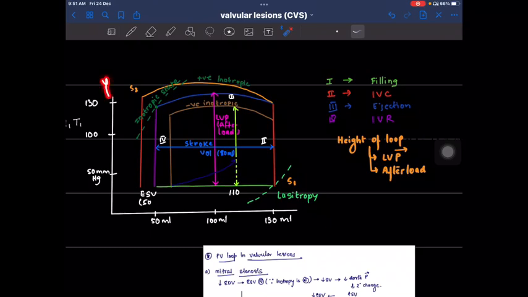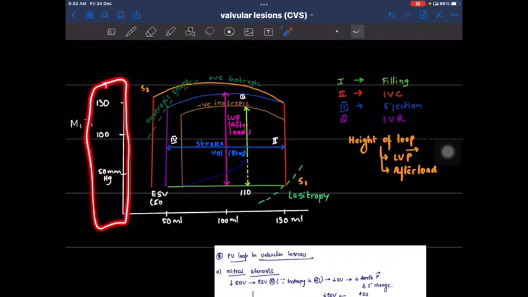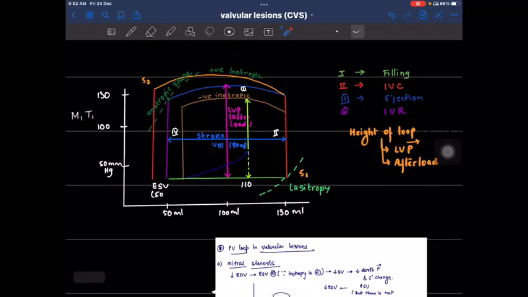This is the y-axis, this is the x-axis. All right, on the y-axis we are showing mmHg. So this is pressure. Okay, pressure of what? Pressure of the left ventricle or any ventricle. Okay, on the x-axis we are showing mLs. So this is volume. So we are showing the amount of blood. All right. So just let me demarcate this normal PV loop. Okay, this right here is the normal PV loop, and these two are the variations that we will discuss subsequently.